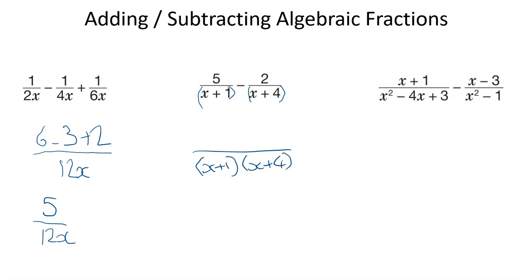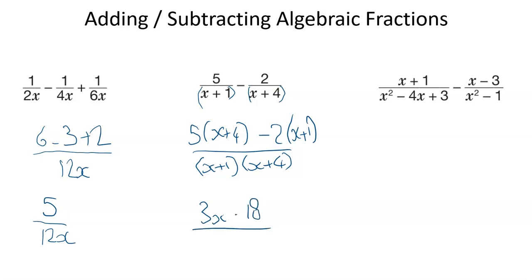Don't expand that. Leave it like that, because if we are able to cancel anything, it will cancel in brackets, so leave that. What did we times x plus 1 by? Well, we times it by this bracket, so we'll do the same for the 5. 5x plus 4. What did we times the x plus 4 by? We times it by this bracket, so we do the same, 2 bracket x plus 1. Now the top we do need to expand and simplify, and then we can refactorize and see if it will cancel with something here. So 5x take 2x gives us 3x, 20 take 2 gives us 18, which is over